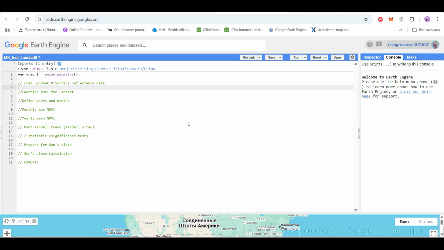But one of the disadvantages of the previous method is that MODIS, as you might know, has a pixel resolution of 250 meters, which is 250 multiplied by 250, which is 62,500 square meters. It is more than 6 hectares. So it's quite a large area for one pixel. Therefore, it reduces the spatial accuracy. In this video, I will show you how you can apply Mann-Kendall's test and Sen's Slope using NDVI